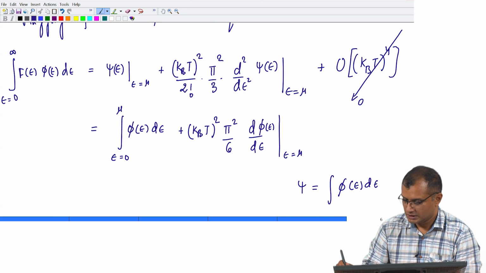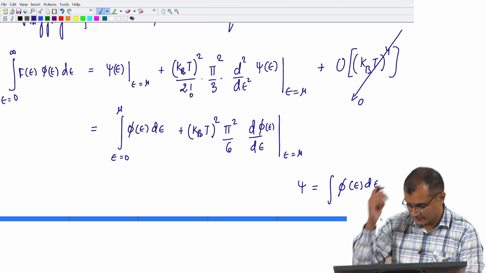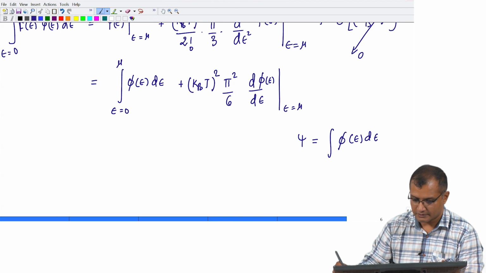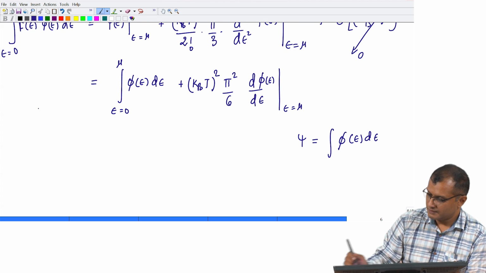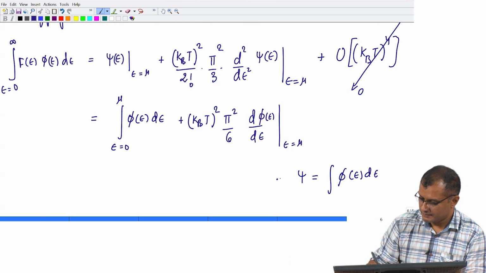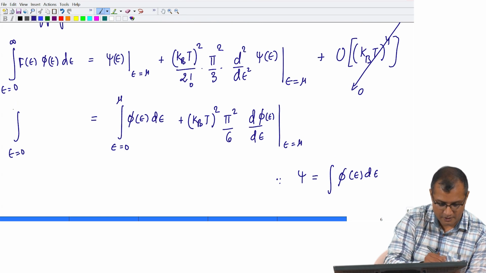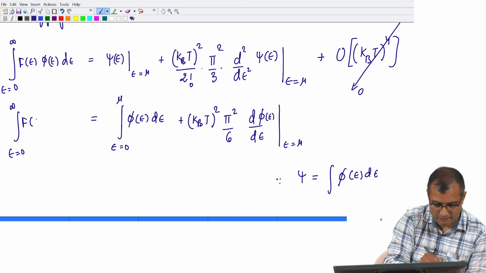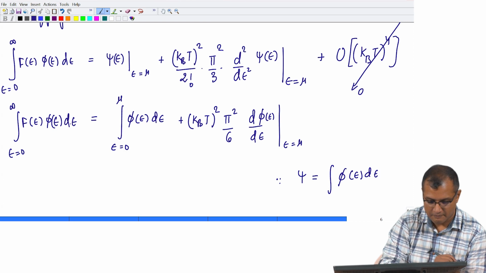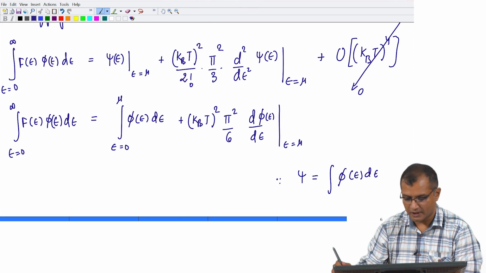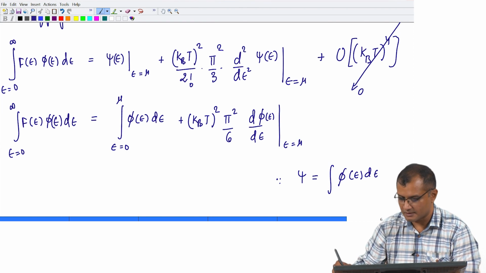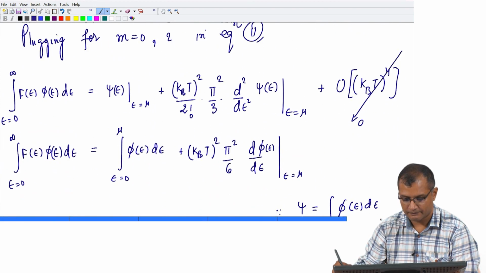Okay. So, then you can say that if this is for the integral, okay. So, if you can call this as integral 12,